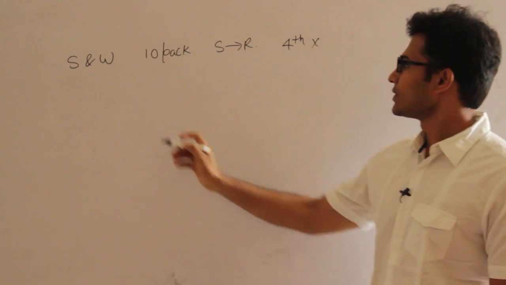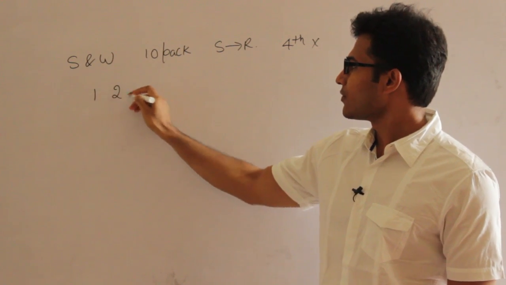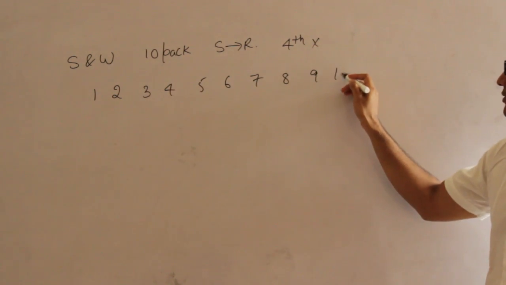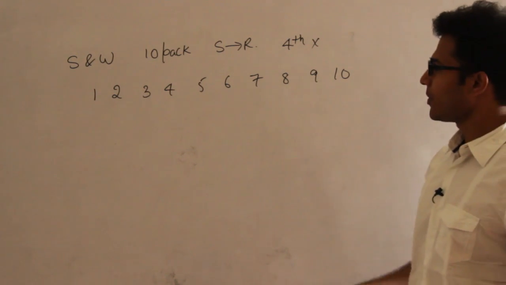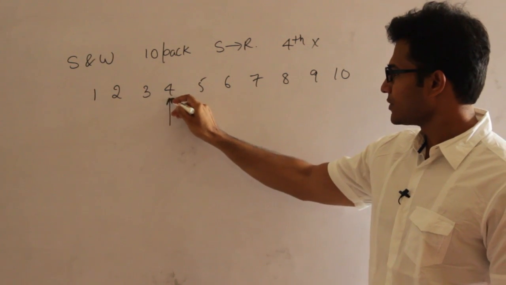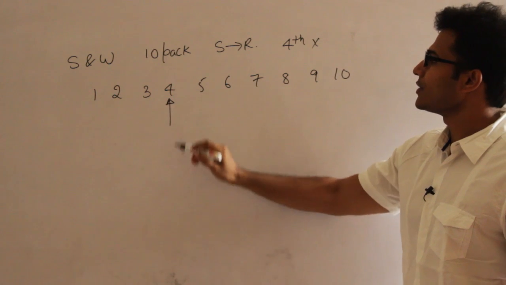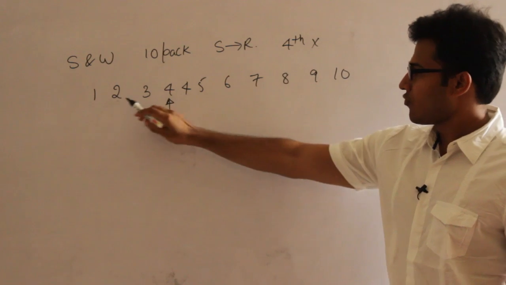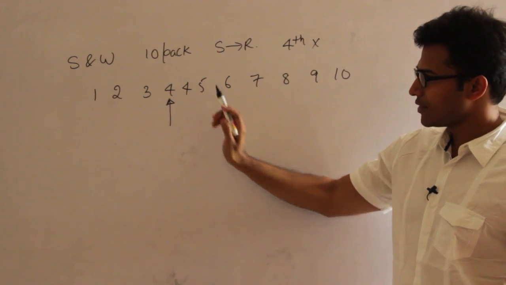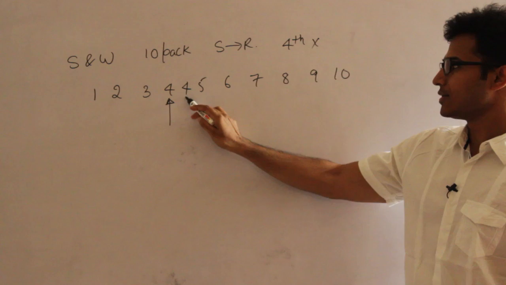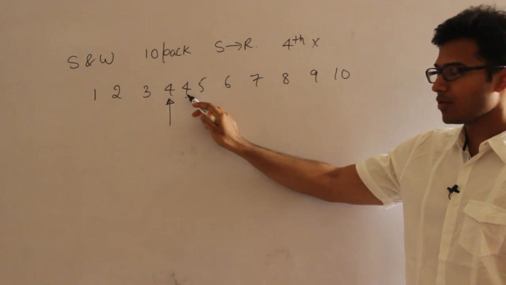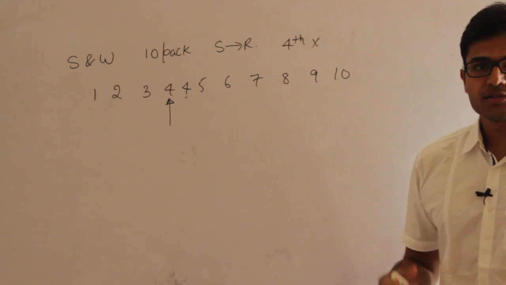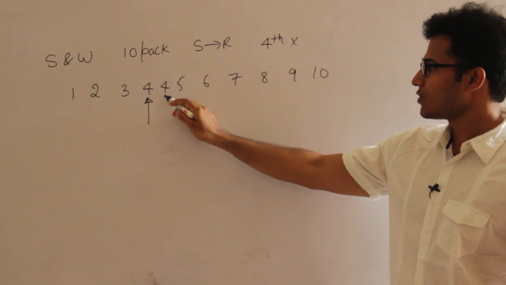In order to see this, first we are going to send 10 packets, right? 1 2 3 4 5 6 7 8 9 10 packets, out of which every 4th packet is lost. So the first loss is at this point. When this packet is lost, we are going to retransmit it. Yes, 4. Now the 4th packet is lost, so again it is retransmitted. Again you have to count from this 4, because this 4 is also being transmitted, and the question is, among all the transmitted packets every 4th packet is lost. Therefore the next loss is not 8.